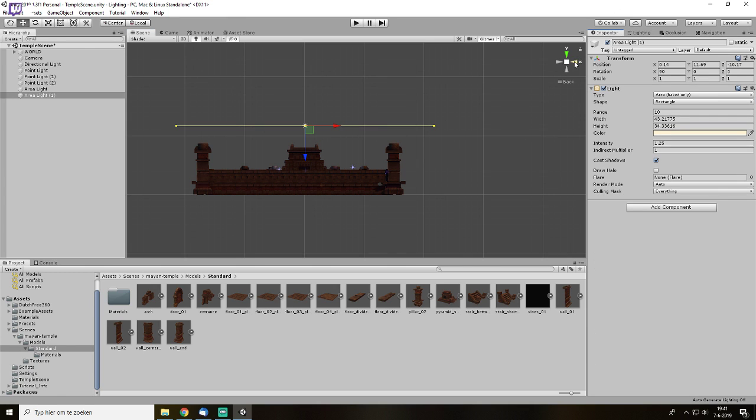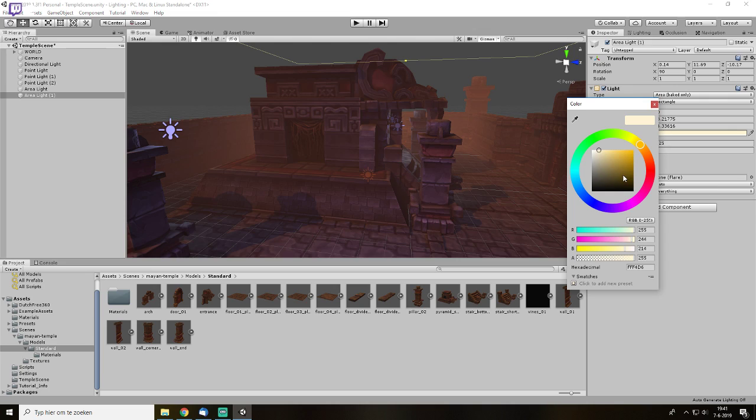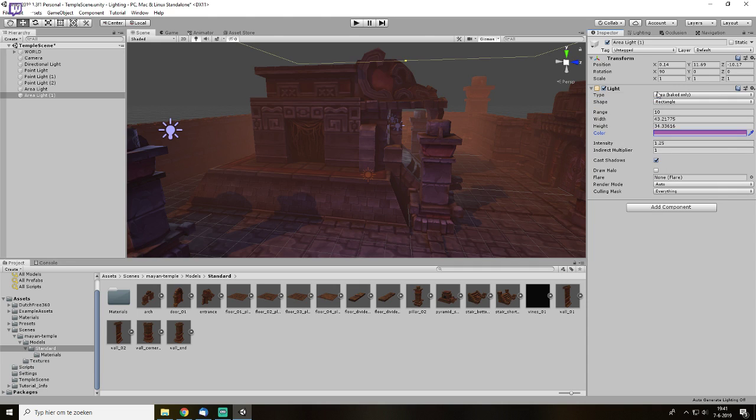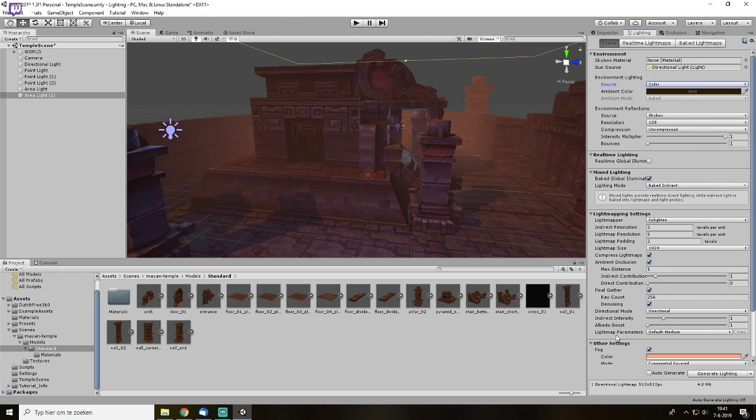And again, I'm gonna change the color here. I kind of want to have a dark bluish hint to it. Not too blue, maybe a little bit less here, something like this. Or maybe towards the purple even. Something like this. And let's see, right? So the gradient here, you can also use the color here if you want to as well. Actually, I'm gonna use that one. I'm just gonna hit bake and see what happens. This might take a little bit longer because of the newly added area light, but